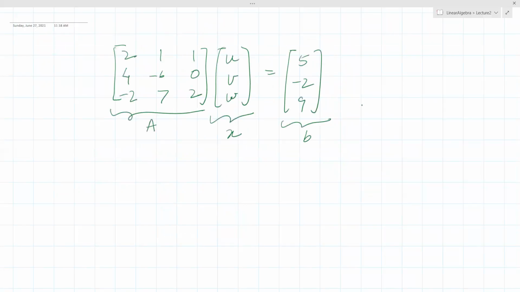Paste. Okay, so we have this equation Ax is equal to b. Now I'm trying to solve this. How did we apply our Gaussian elimination? We can do the same thing over here. What is the first step in Gaussian elimination? Finding the pivot. So the pivot here is 2. This 2 is your pivot.